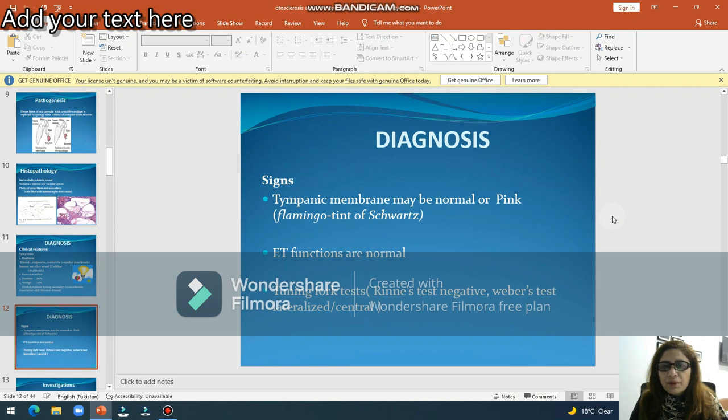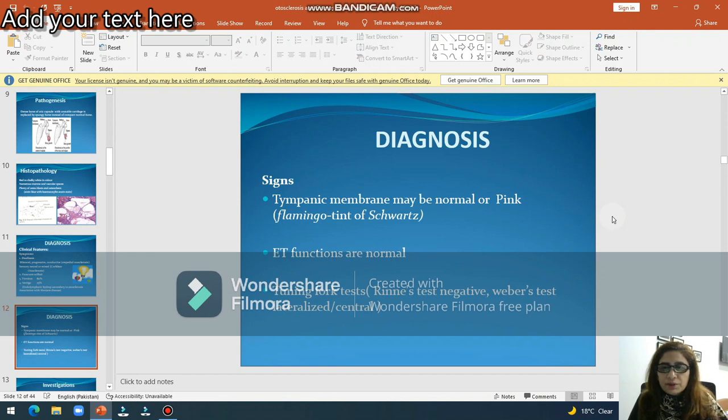That is called flamingo tint or Schwartze sign, seen just over the footplate of the stapes. A reflection of this red discoloration can be seen through the tympanic membrane. Eustachian tube function will be normal. In the tuning fork test, Rinne will be negative, indicating conductive hearing loss, and Weber will be lateralized towards the conductive hearing loss